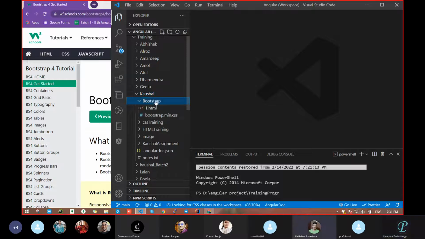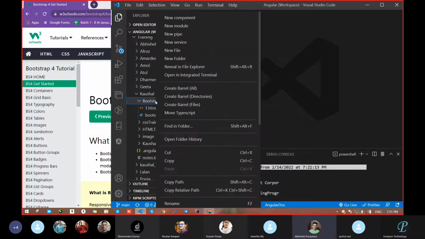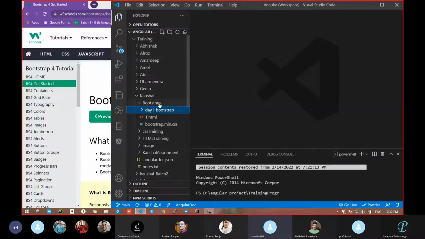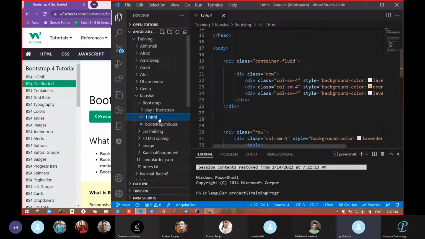Can anyone? In HTML. Yeah, in the Bootstrap case we are using that. Okay, so from where are they getting all the styles? Sir, I think a link can be used.